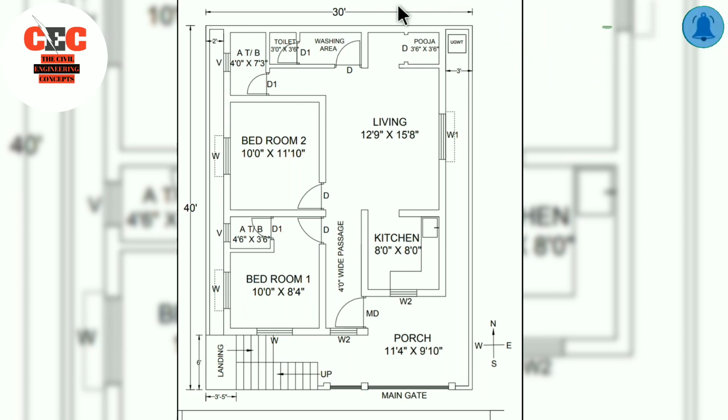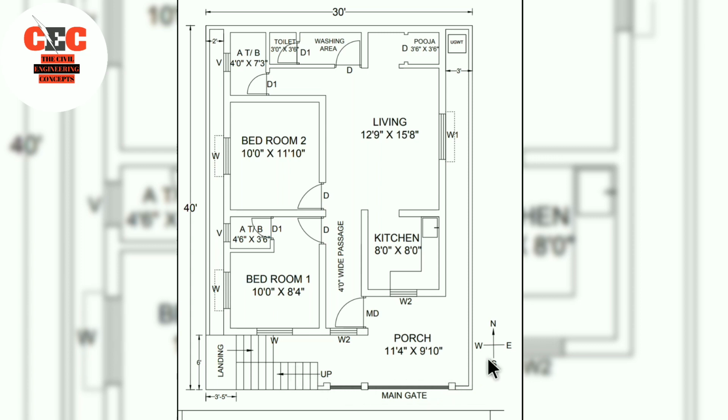Today in this video, I will be discussing a house plan of size 30 feet by 40 feet. The plot is south facing and the main door is east facing. The plan of this house is designed as per Vastu. Now coming to the plan, we start from the main gate. The main gate will be 8 feet wide and we can provide another small gate of 3.5 feet wide beside the larger gate, and this gate can be used by residents of the first floor house.